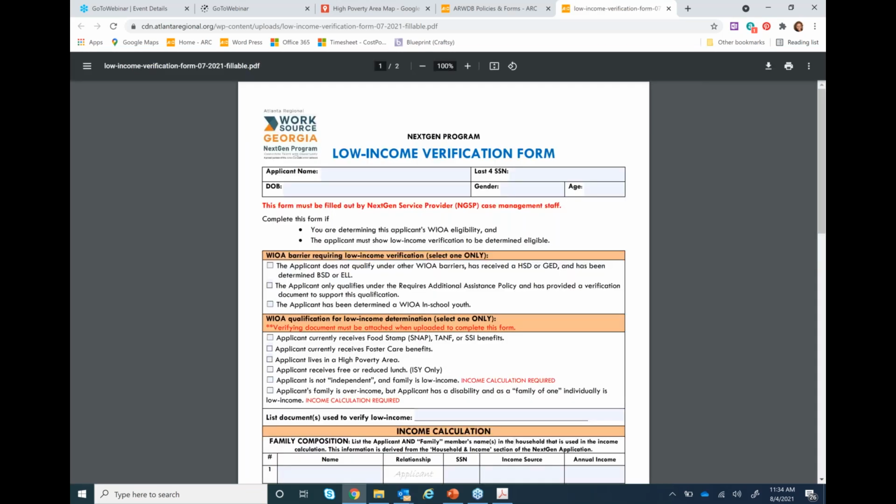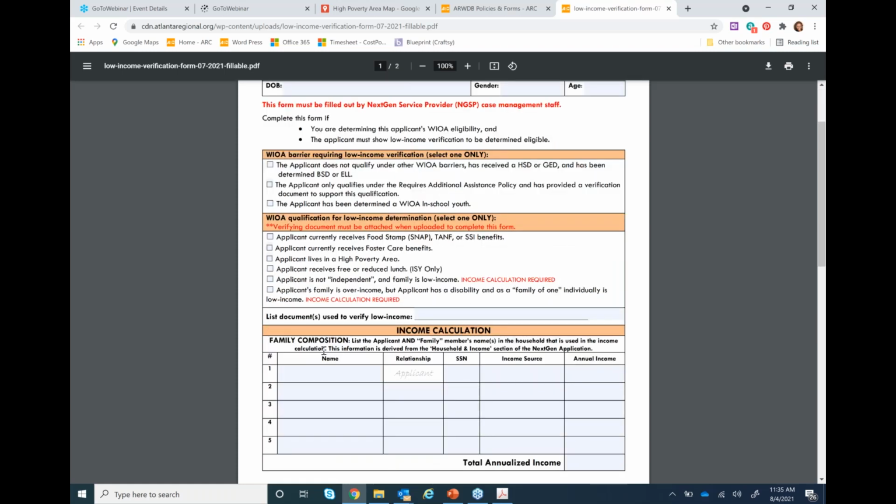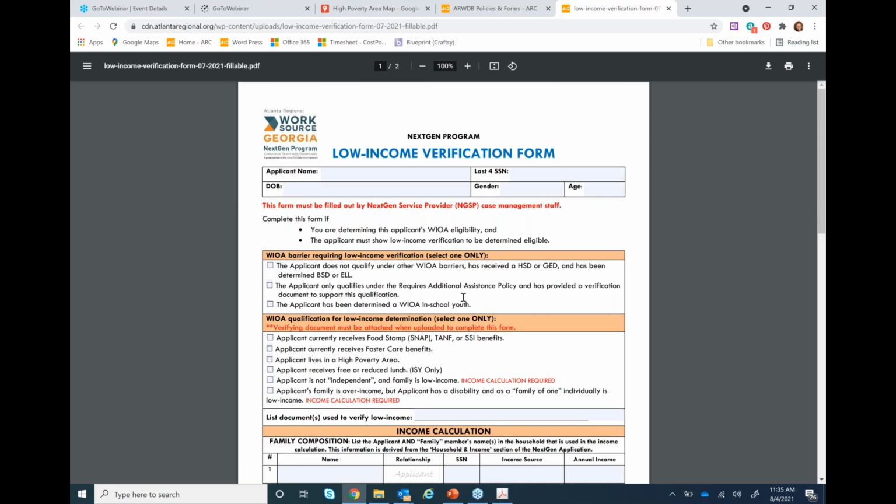So we're about finished. I just wanted you to look at these forms. Take some time on your own to go through them, and if you have any questions, you can follow up with an email and we'll clarify. We are compiling every question that's being asked, so if you send us an email with your questions, we will add them to the Q&A, and we plan to put the Q&A on our site as well so that we can always refer back to it. But I just wanted you to see that the low income verification is slightly different now.